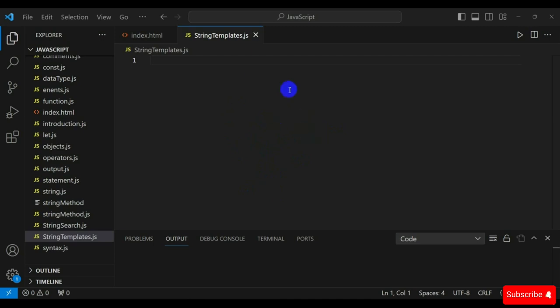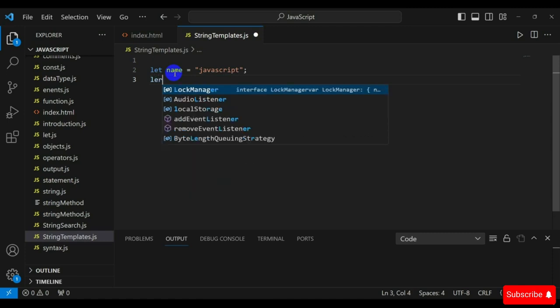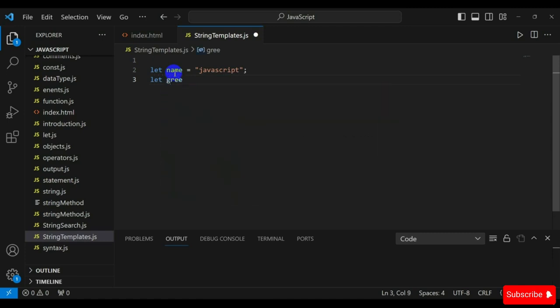So now create a template literal. First, create let name is equal, then double quotation marks, JavaScript, and then semicolon, and now I create let greeting is equal, and